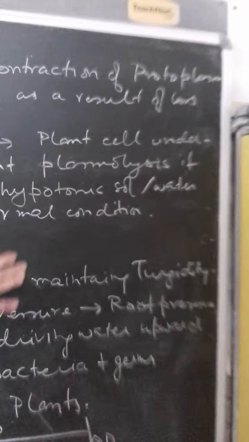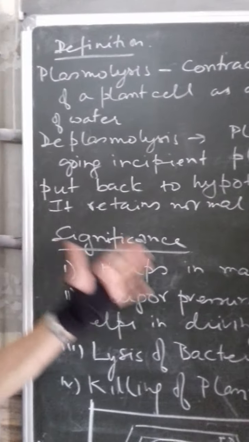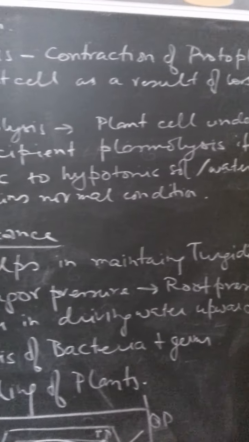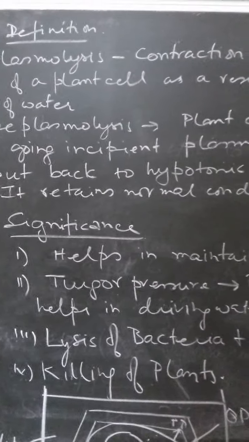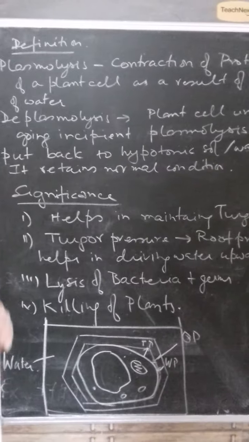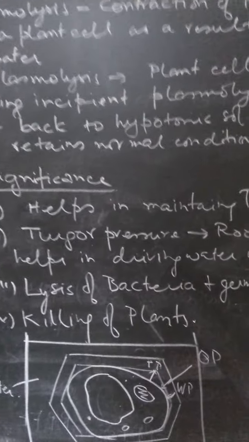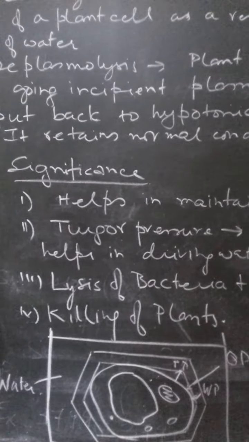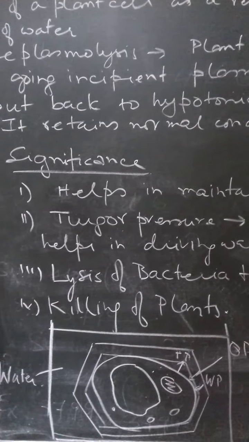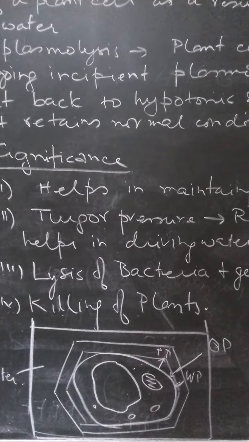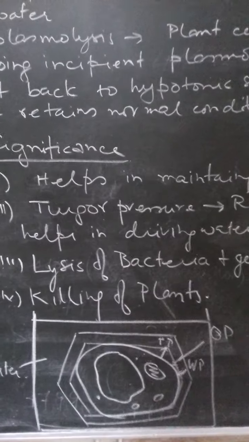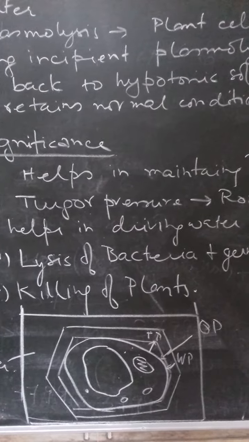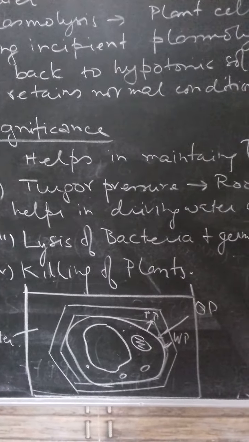Now what is the significance of this? The significance of this particular topic is that it helps in maintaining the turgidity of the plants. Like you'll see the plants are very fresh in the morning because at that time the cells are turgid. But in the afternoon, if you see small herbaceous plants, they droop down because of excess water lost through transpiration. The cell membranes are in a shrinkage stage, and that's why we say they are plasmolyzed.